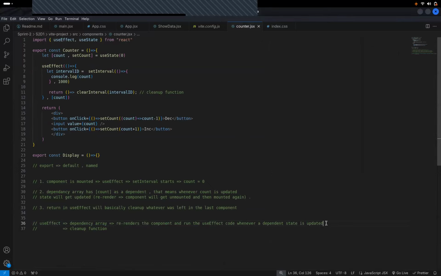Again, if you have a doubt, please let me know. Does dependency array do this? Yes. And what does cleanup function do? Cleans up the component with a return statement once the component is unmounted.